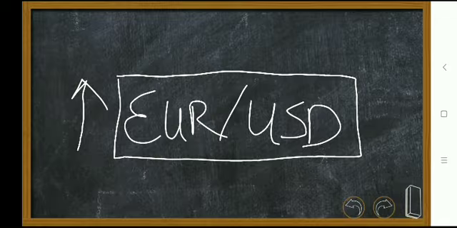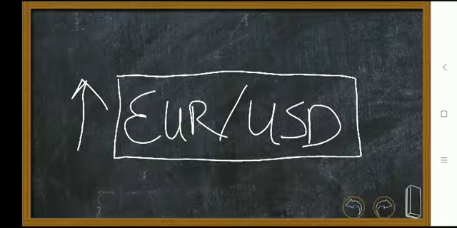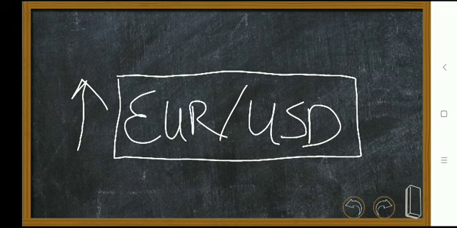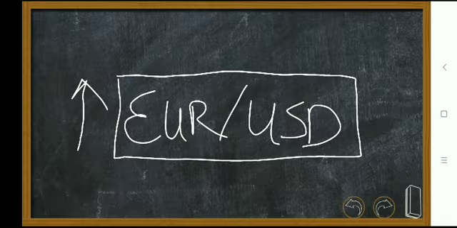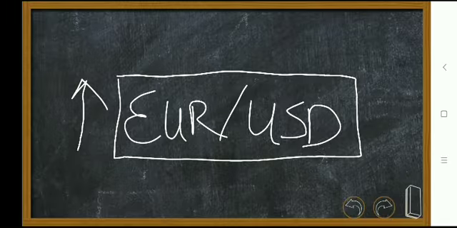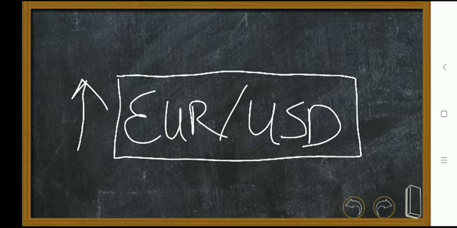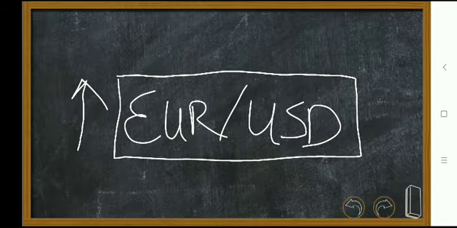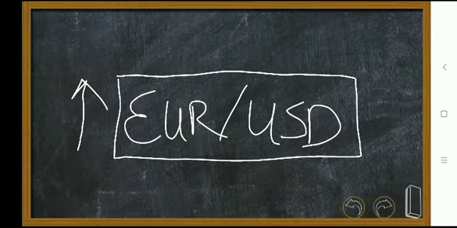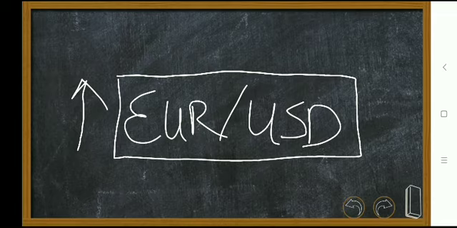Right now, I was highlighting that the base sort of gives direction of the entire pair. Like the base controls the main movement of the entire pair. Yes, we might have an influence from the code, but the direction of the base is the direction of the entire currency pair. So in this case, euro was the base, and if it's weak, we sell the entire currency pair. If it's strong, we buy